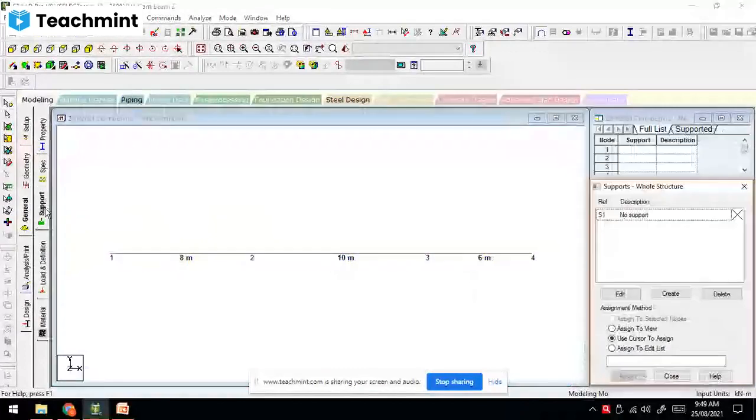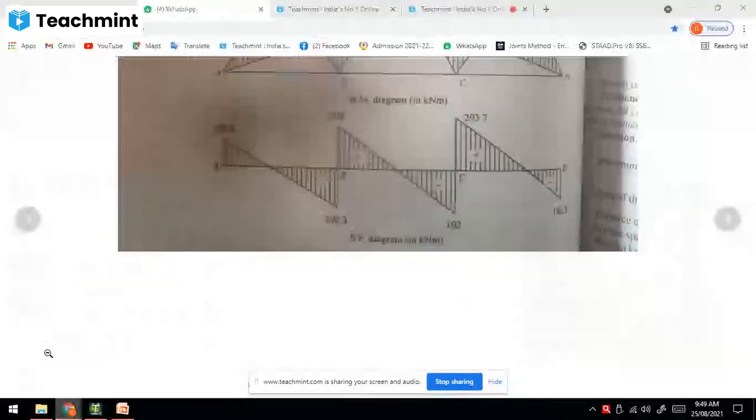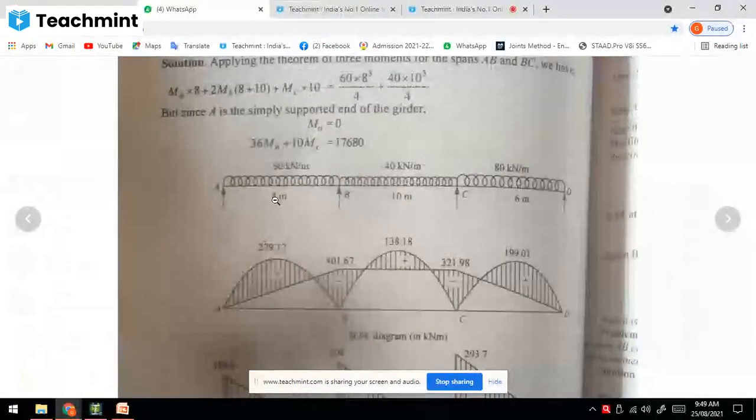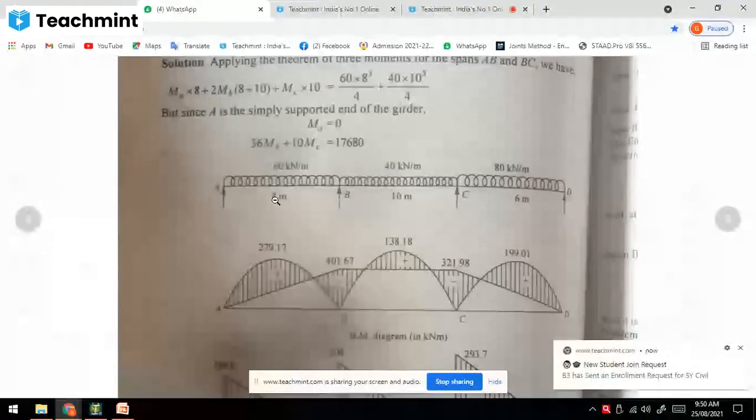The next is the support. Which type of support is it? All are again simple supports. If you see this diagram, all are simple supports. So we will take it as in the previous case, that is the fixed but, which is nothing but a roller support. There is no horizontal reaction here, so we will consider the fixed but support, that is nothing but your roller support, right?